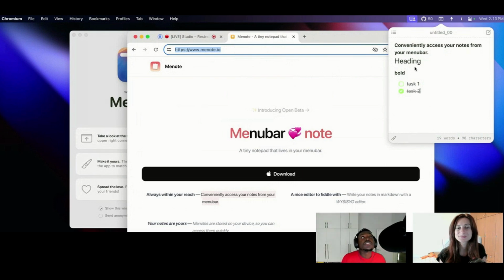So I was like, maybe I should just create a simple note taking app, nothing too fancy. It's just for ephemeral note taking. I have an idea in my head, I put it down here, and once I've thought about it very well, I'll start migrating it from here to Obsidian. And like I mentioned, Menote can access notes in Obsidian, so I can write on Menote, and it automatically syncs to my Obsidian vault.